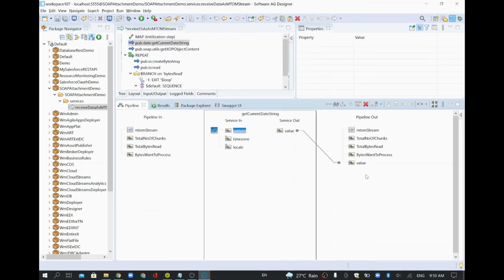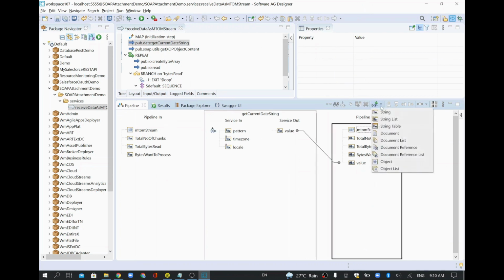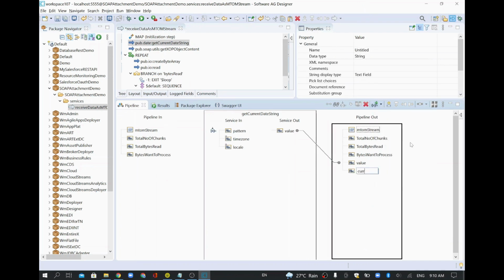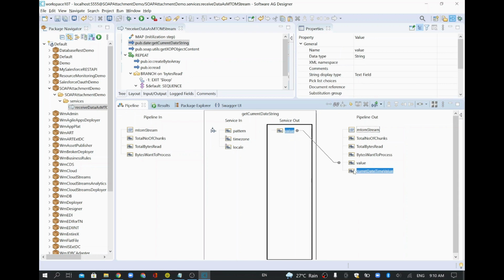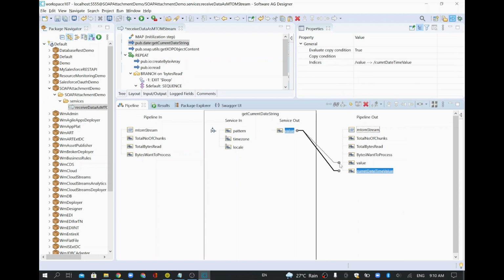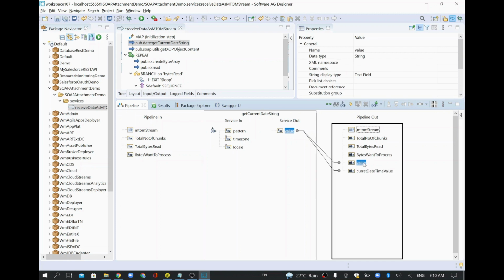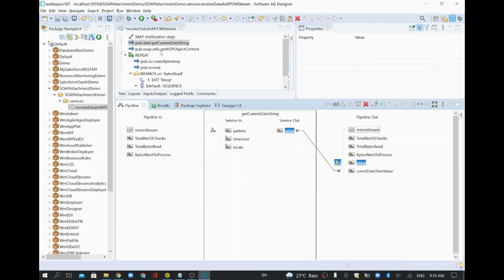So this value is my current date time value, right? So I'll store it in a different variable, current date time value. I'll map this into this value, and whatever is not required, I'll just drop it. So this is not required, so we can drop that one. And then I'll come back here, and I'll copy this variable name,